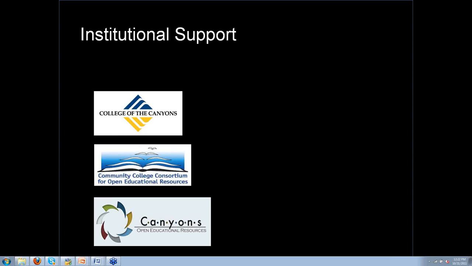But the key that I'd like to drive home is the support from the top of the institution. Not all institutions are able to launch their OER projects from the top, but it certainly has been extremely beneficial in our situation, so that the concept of openness as a way of promoting student access is directly connected to our mission, and that's been enunciated from the top of the institution.